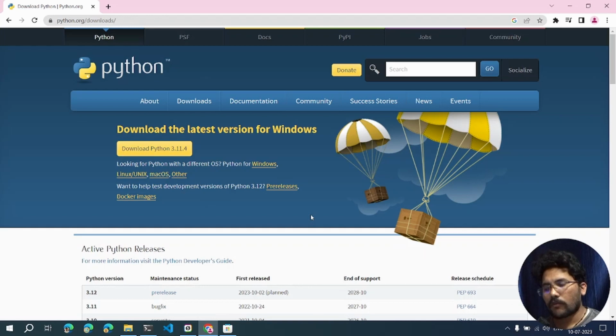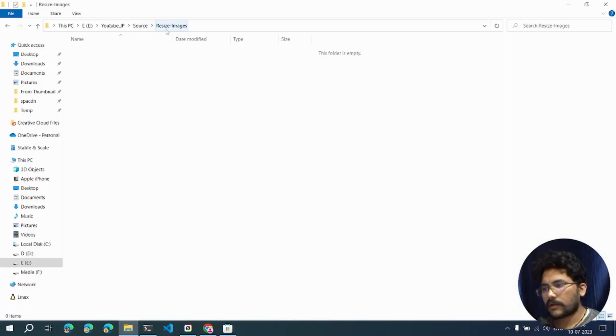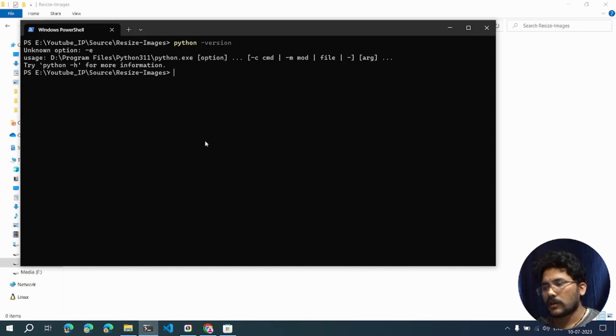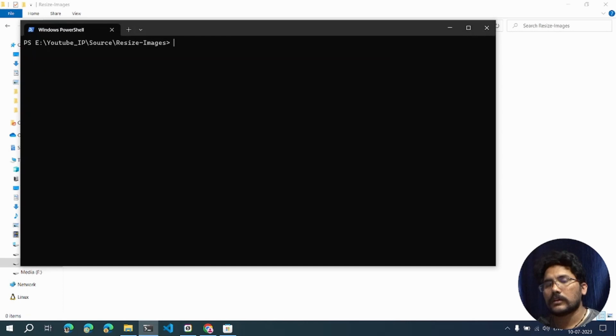Once that is done, I have already created a folder called resize images, and I already have a Python file. In this, first I'm going to create a virtual environment. A virtual environment is nothing but this: whenever I install packages into Python, they go directly to the Program Files, its main library. Instead of that, I am creating a virtual environment, so I won't have any conflicts with other Python projects. So what I'm going to do is python -m